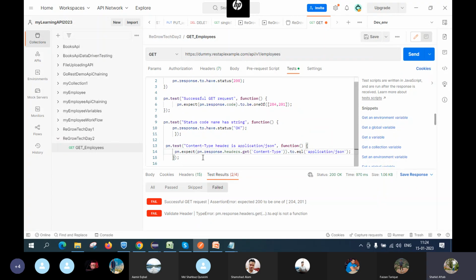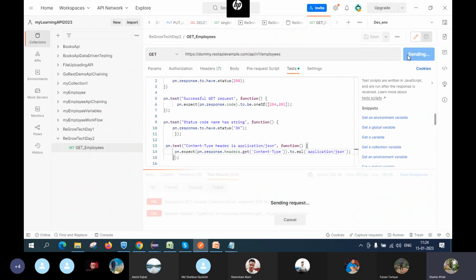तो ये क्या हुआ, अब अगर इसको हम देखें तो पीएम एक्सपेक्ट ये कर रहा है कि जो रिस्पॉन्स आए उसमें जो हेडर है, हेडर में कौन सा वैल्यू उठाना है, तो कंटेंट टाइप का तुम वैल्यू उठा के रख लो और फिर कंपेयर करो कि वो डॉट इक्वल्स एप्लीकेशन जेसन के बराबर है या नहीं। अगर होगा तो पास वरना फेल। सो दिस टाइम इफ यू रन इट विल गेट पास।